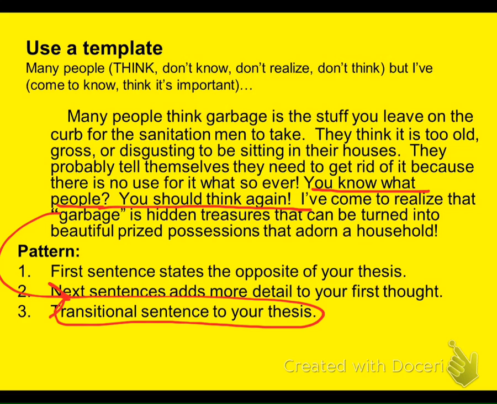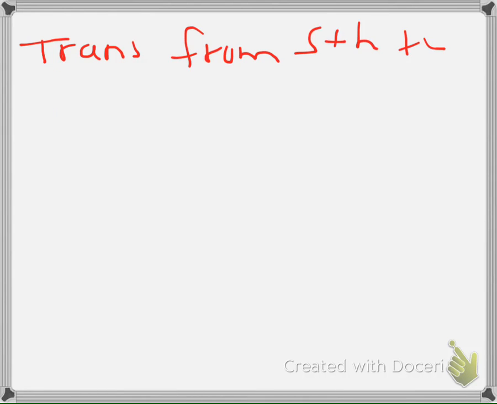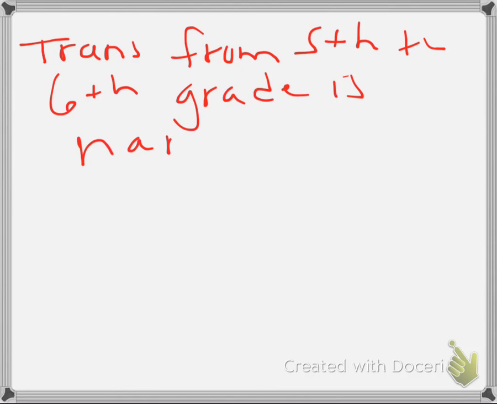So we're going to try this. All right? We're going to take the thesis, transitioning from 5th to 6th grade is hard. Okay. And what I'm going to do right now is I'm going to share this document through your Google Drive. So what I want you to do is after I share, check your email, and I'm going to open it up. So this way you have the two models in front of you. Because in order to do this, you need to have the models in front of you.